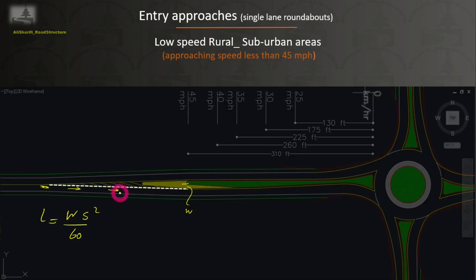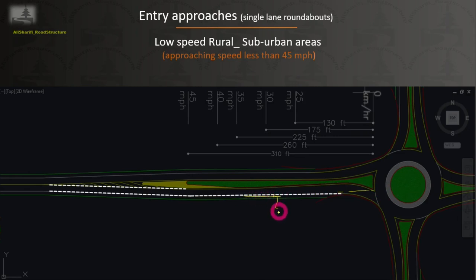Now you need an offset to the right like this one based on the width of the approaching lane, and from this point you draw this line to get enough deflection on the left side of the entry, so it blocks the straight path through the roundabout. You may want to rotate this line around 1 to 3 degrees towards the center island related to the direction